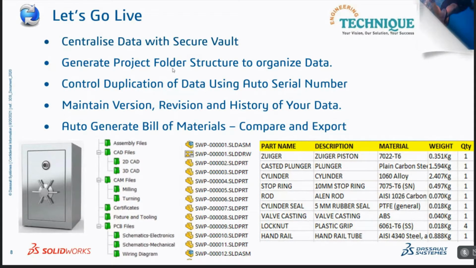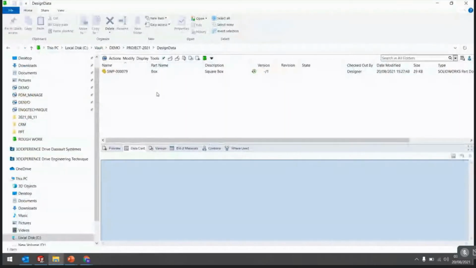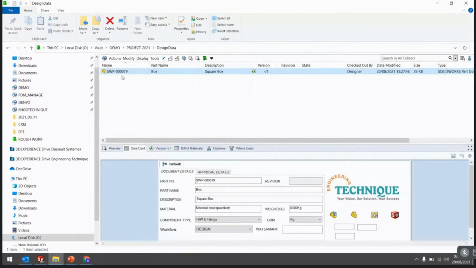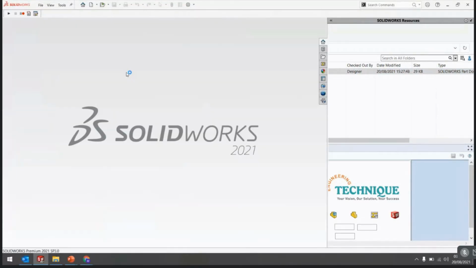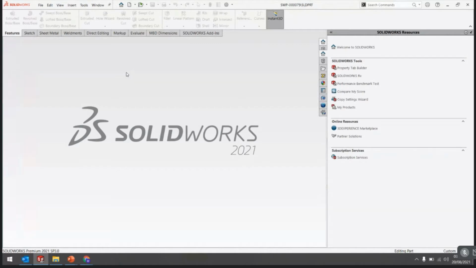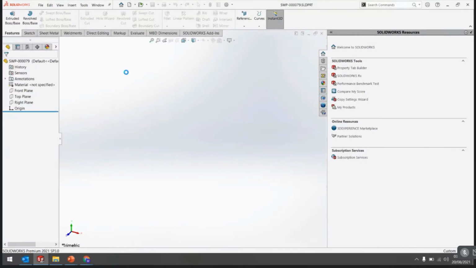We do it practically. Now that created file, I open it in SolidWorks, right? We take the example: suppose today I have work and I need to create a box, right?